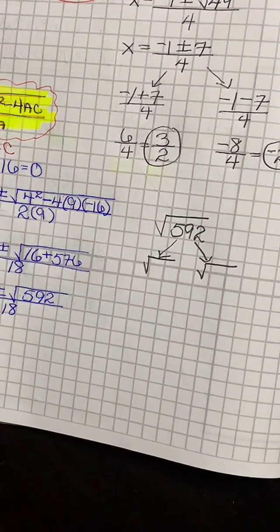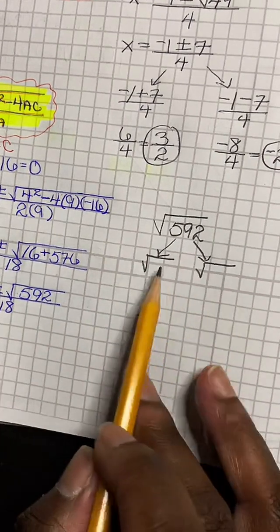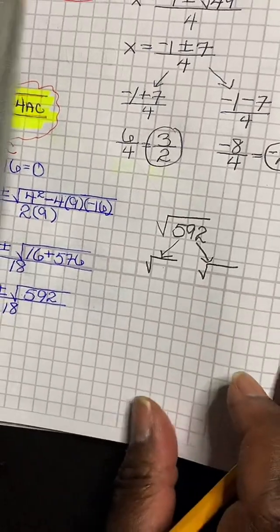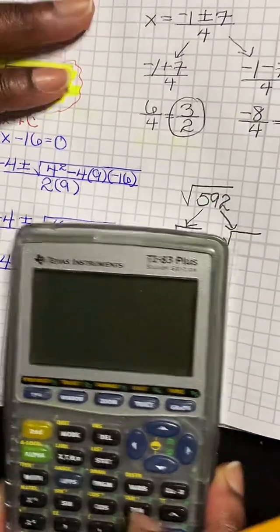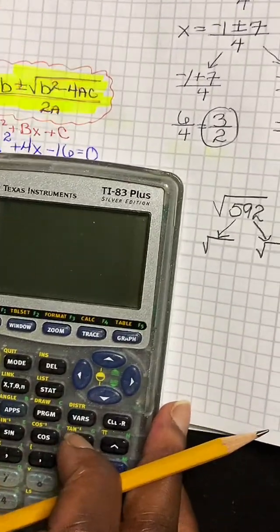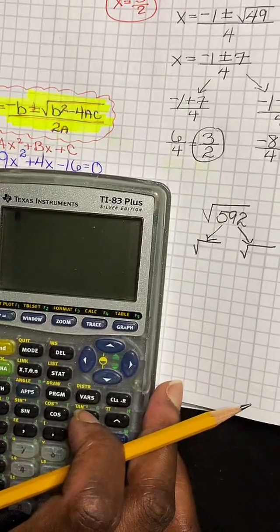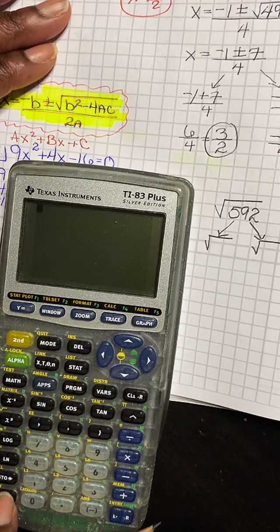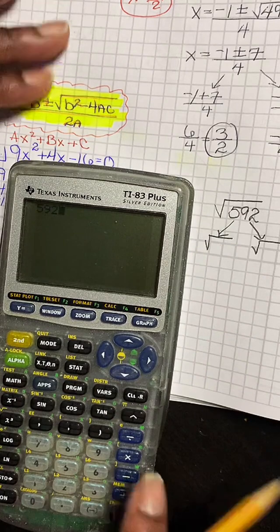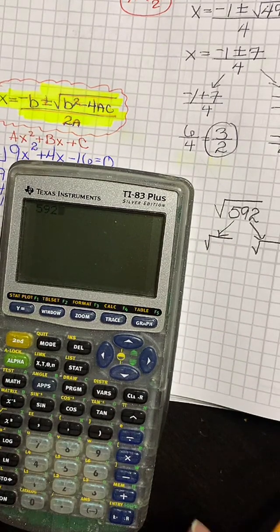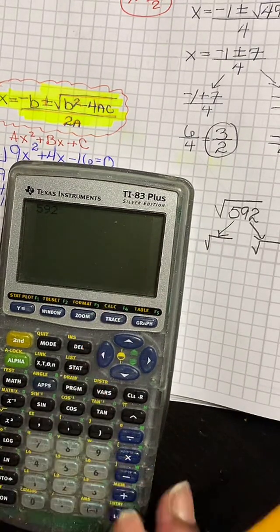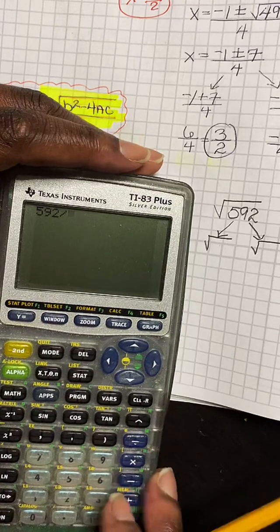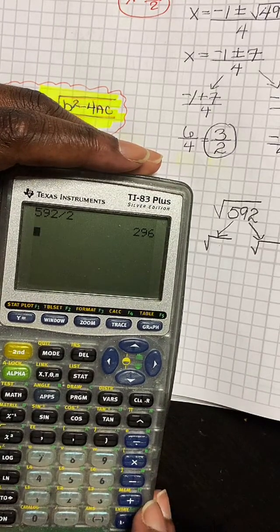Well, why don't we play around? We're going to play around with a perfect square by dividing it by a perfect square, or we divide it by a prime number. So let's see if we can get some numbers going on here. So we have 592. Sometimes I like to divide it by a prime number and see if I get a whole number as my answer. So if I divide that 592 by 2, I get